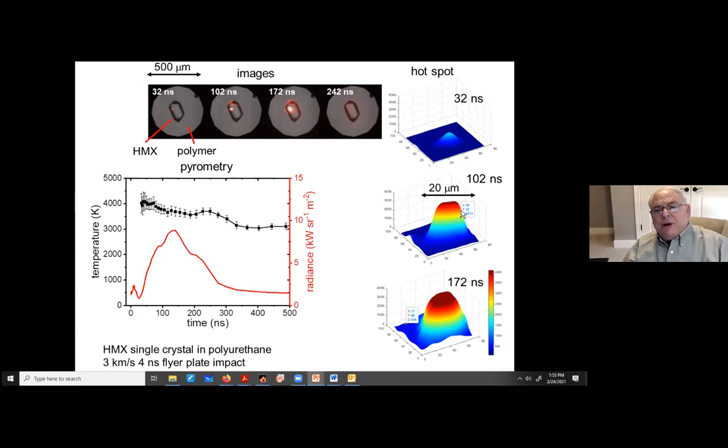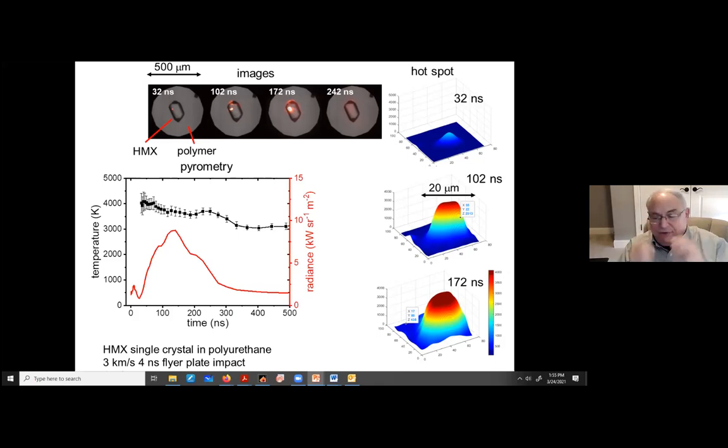And you can see that it's growing anisotropically. It's growing in one direction. And the reason I think it's growing in one direction is, see, there's another hotspot there. This other hotspot heats up the intervening material, and so it's easier to make it react in that direction. But what's remarkable about this is that this is a method that allows you to take a reactive material and create a reaction that's localized in time and space. If it's initially localized in time and space, that makes it much easier to study how it evolves in time.